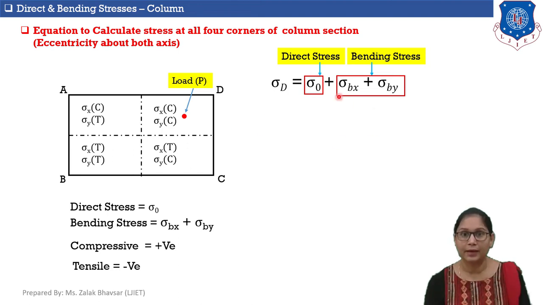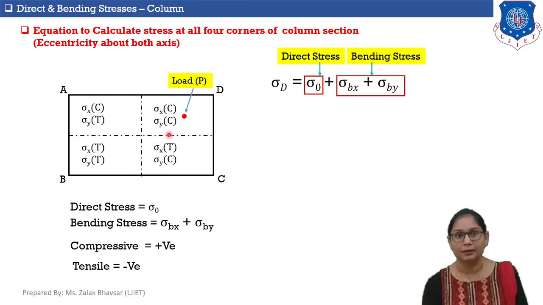That's why here I am considering sigma bx and sigma by both as positive. So, the final equation to calculate stress at corner D is equal to sigma 0, which is direct stress, plus sigma bx because bending stress developed in the x-axis direction is compressive,